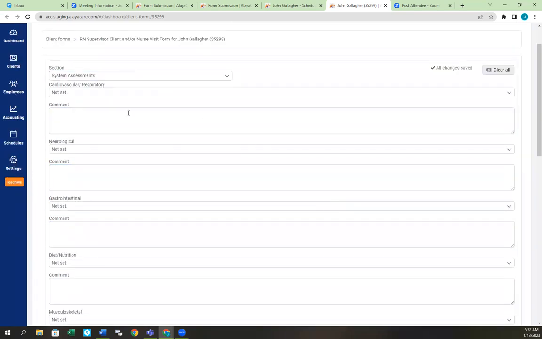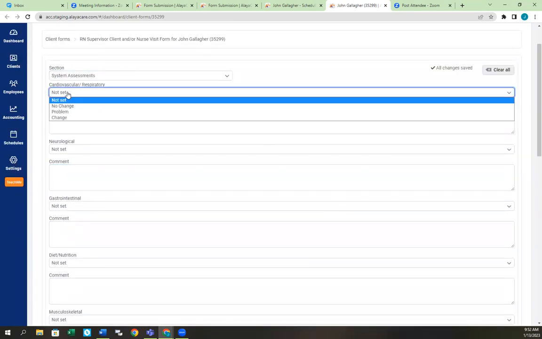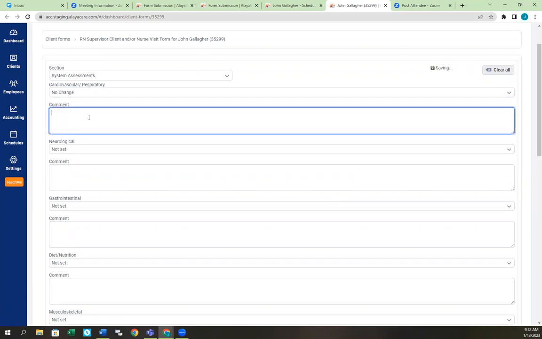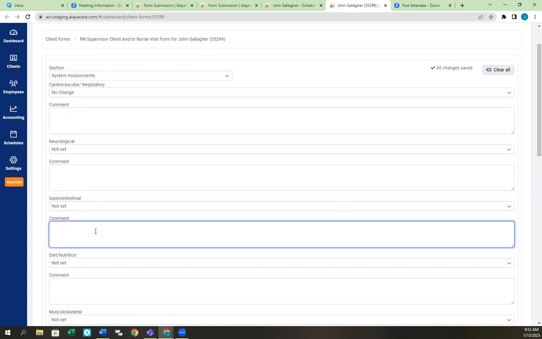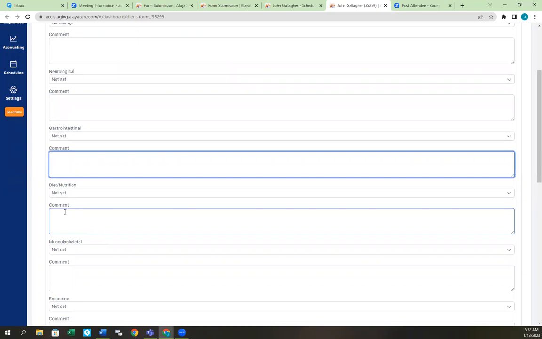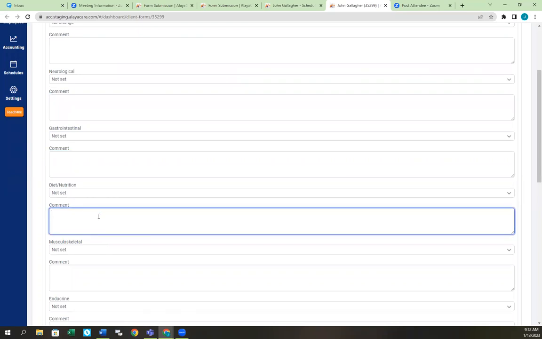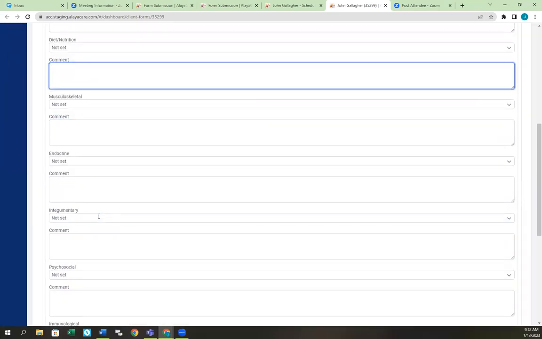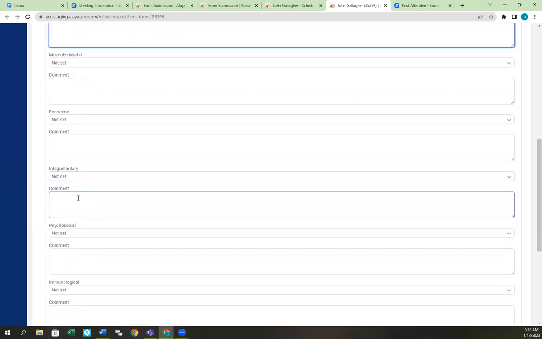And then your physical assessment. So again, because it's the 60-day, even if you're marking no change, you're writing out your full assessment. You're there, you're touching the client, you're adding in lung sounds, GI, you're adding in what the stoma site looks like, if they have a stoma, when the G tube was changed last, diet and nutrition, what the feedings are, are there any flushes, your full skin assessment,